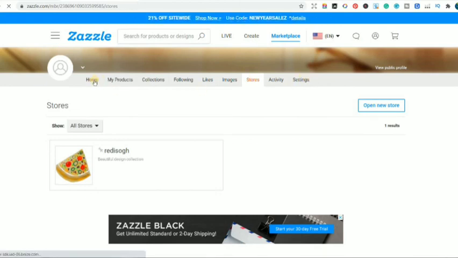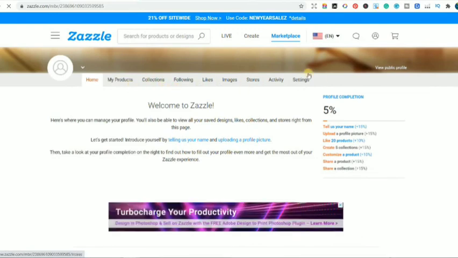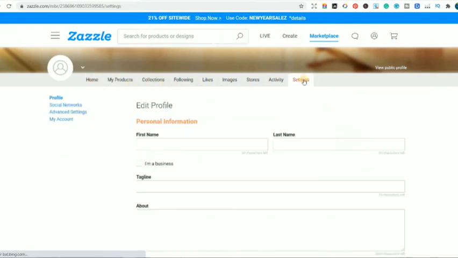And if I just go over to the home, my products, then I'm going to go over to the settings. Okay, guys, the first thing that we did, the tagline and the about section, was for the store. Now this is the profile of the designer who has multiple different stores on Jazzle. In the beginning we did the settings for the store. Now we are going to set the settings for our main designer's profile. And this will apply to each and every store that we create on Jazzle.